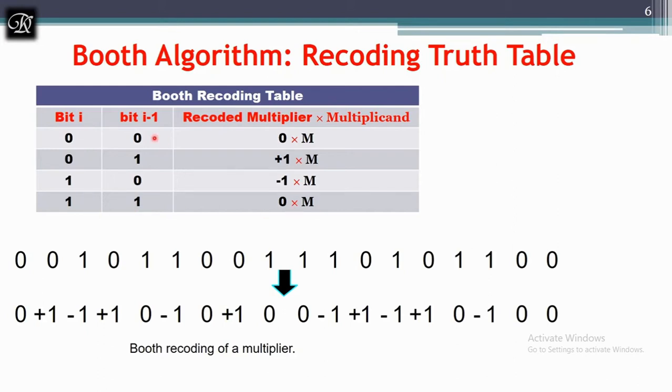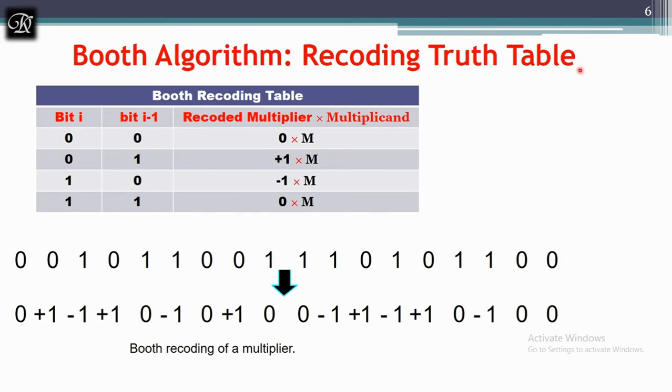It means when you have the same values on both bits, it is going to give you 0. When it is moving from 1 to 0, then it is positive. When it is moving from 0 to 1, it is negative. Let's see. See, this is the value. I will just show you how to find the Q dash.